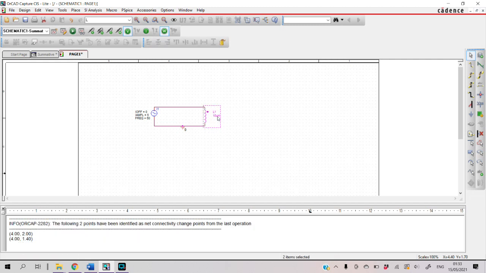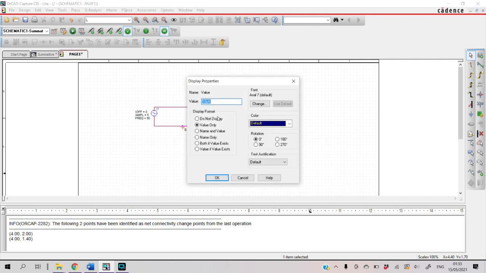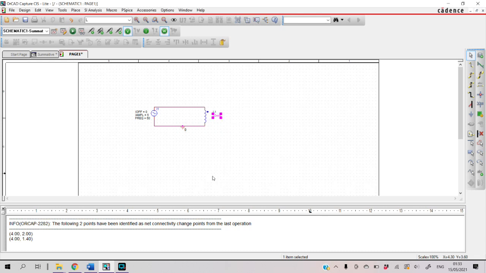And then we will change the value of our inductor. Instead of 10 microhenries, we will use 10 millihenries. And then OK. And now we will simulate the circuit